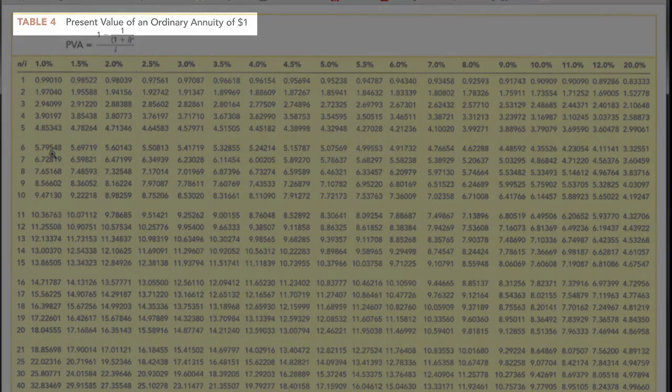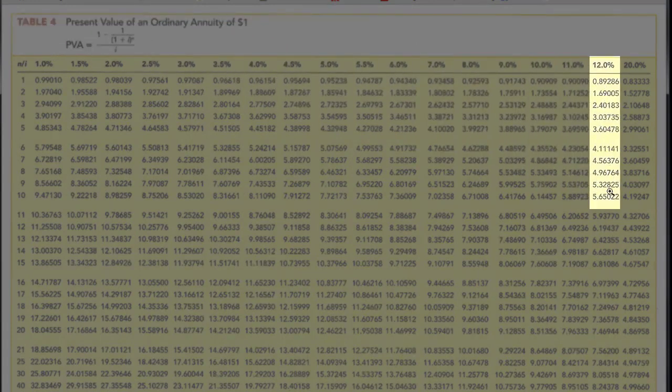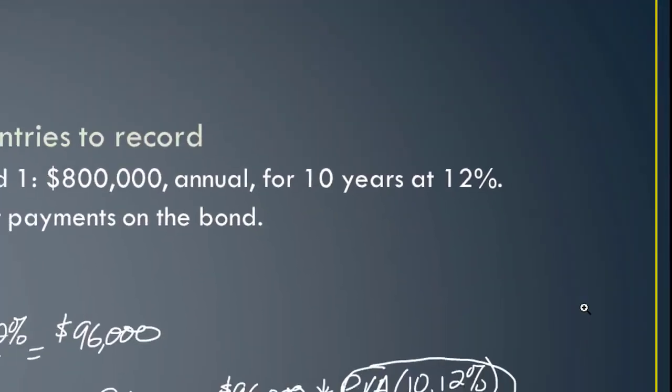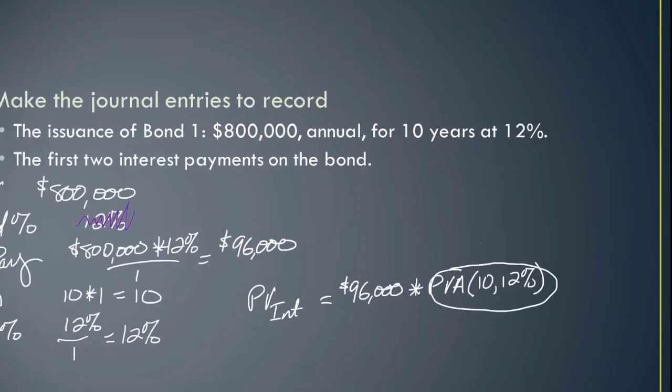So present value of an ordinary annuity, we have 12%, and we're going to go down to the row for N of 10. And it's going to be 5.65022. And if I multiply the 96,000 by the 5.65022, I get